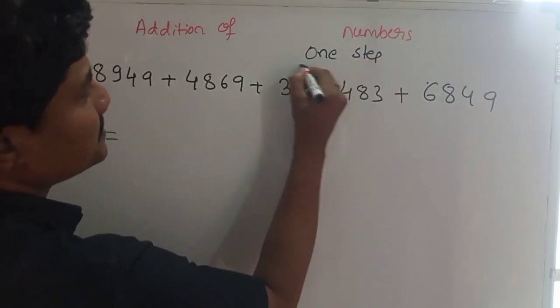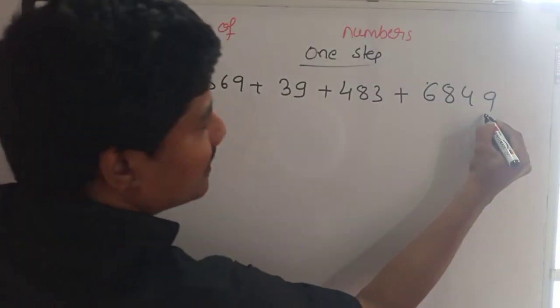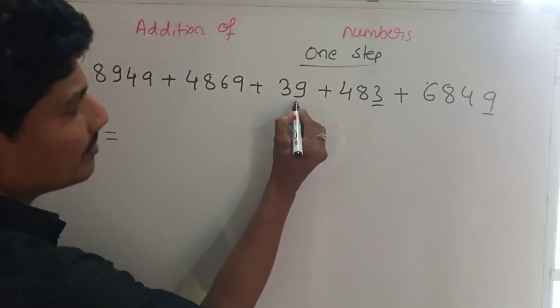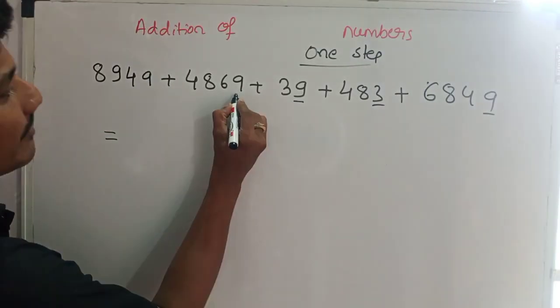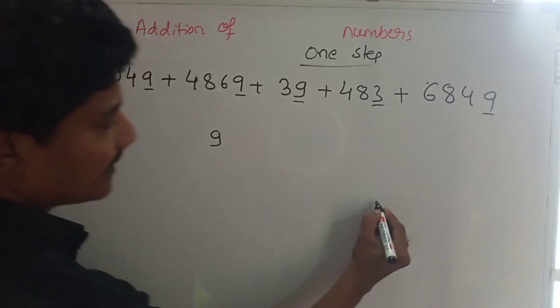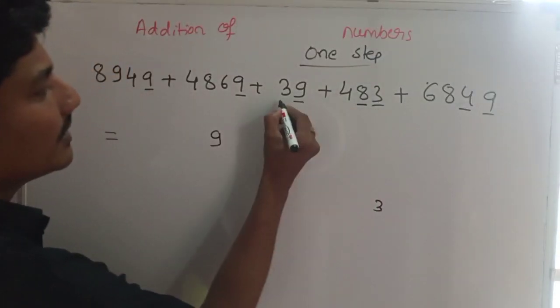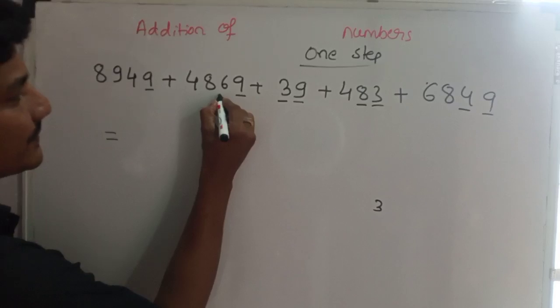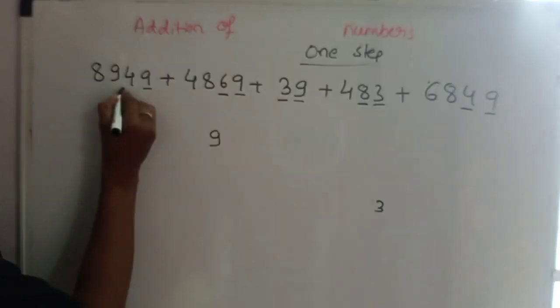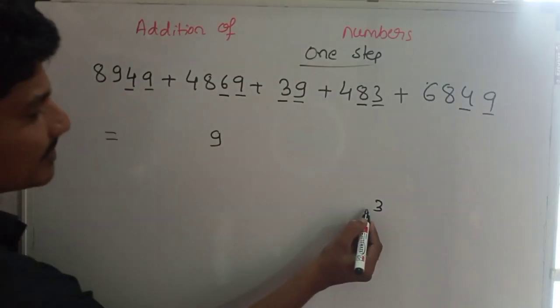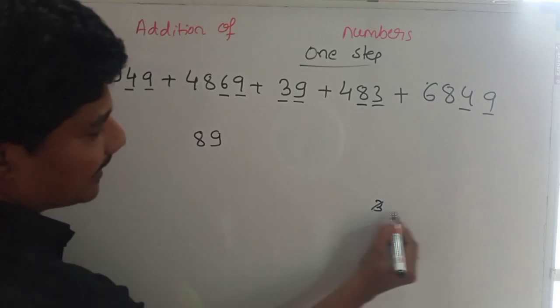So that's why I'm telling you one step method is very important to save your time. 9 plus 3 12, 12 plus 9 is 21, 21 plus 9 30, 30 plus 9 39, carry 3, 4 plus 8 12, 12 plus 3 15, 15 plus 6 21, 21 plus 4 25, 25 plus 3 28, carry